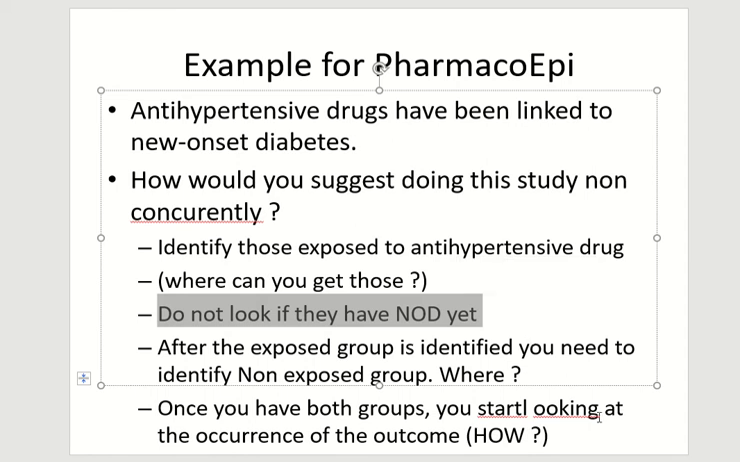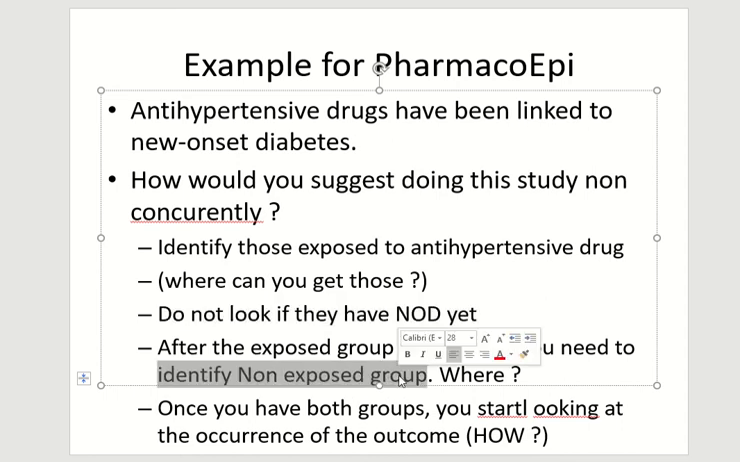After you find the exposed group, you need to find a group that is not exposed, not taking the antihypertensive. Where would you go to find this group? You need records that show a group is taking the antihypertensive and a group not taking it. Now, once you've established these two groups in the records in the past, then within every group you start looking